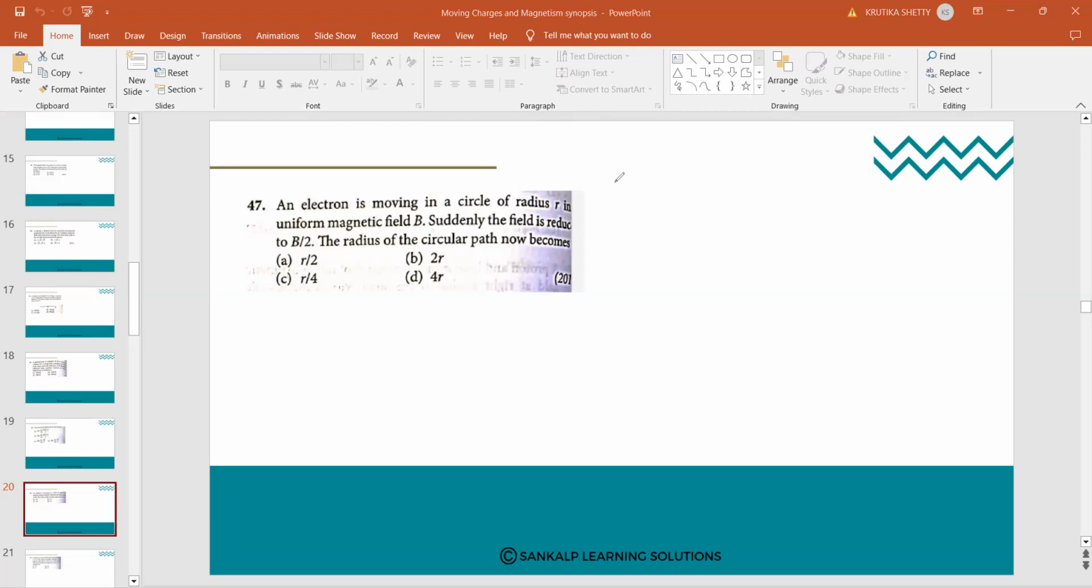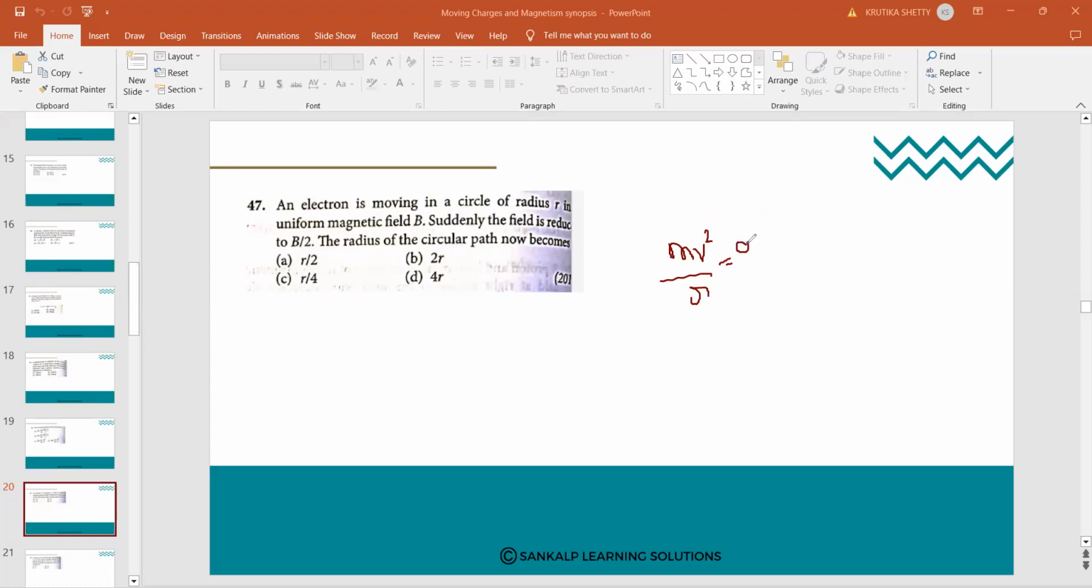As you know, the electron is moving in a circular path in a uniform field, so a centripetal force acts. This centripetal force is balanced by the magnetic force. For a charge, the magnetic force is QVB. So instead of Q, I'll take it as EVB. My equation will be: I am going to equate mv square by r